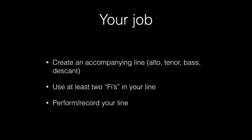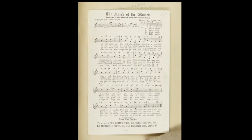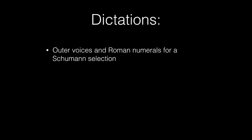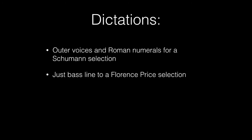So again, you're creating a line which could counterpoint this March of the Women, just from shout, shout up to hope is waking. And it's a counterpoint to that line that uses at least 2 fees. There's a couple of dictations. You're going to do outer voices and Roman numerals for a Schumann selection, and then just the bass line to